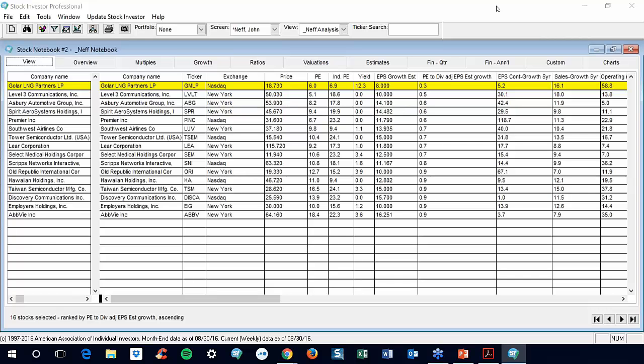I've got a question here, Wayne. What's the best way to copy the results from Stock Investor Pro, like these screening results, and make use of them in another program like Excel? Yes, actually